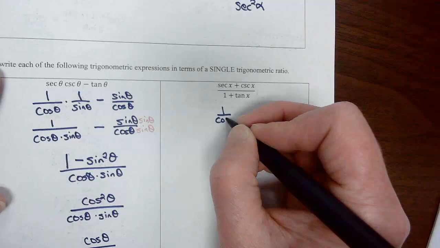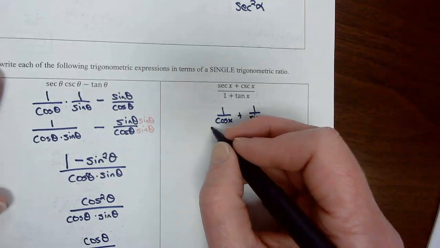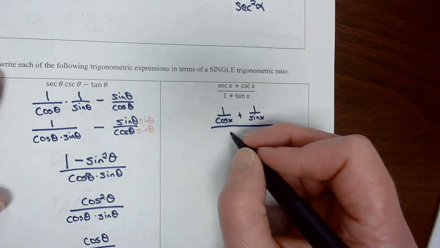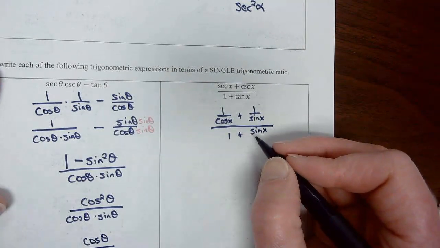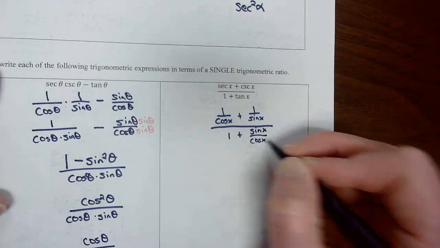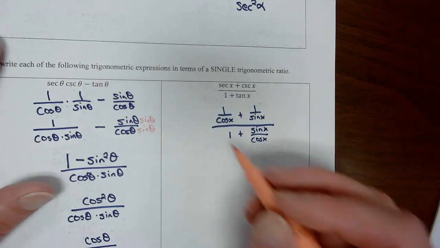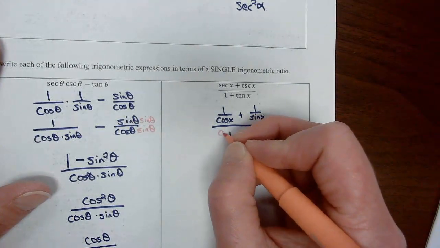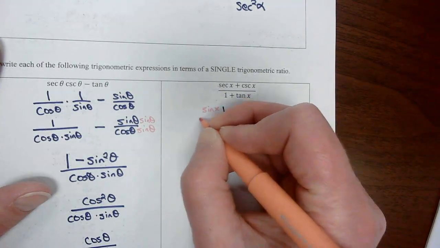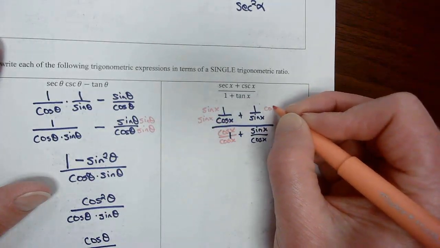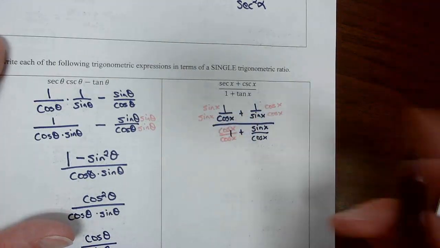Secant is 1 over cosine. This is 1 over sine over 1 plus sine over cosine. Okay, so I've got fractions, and I want to be able to add those two, so they need a common denominator. So this one's easy. I'm just going to change that to be cosine over cosine. This one I would need to multiply the top and bottom by sine, and the top and the bottom by cosine. Okay. So I'd have sine plus cosine